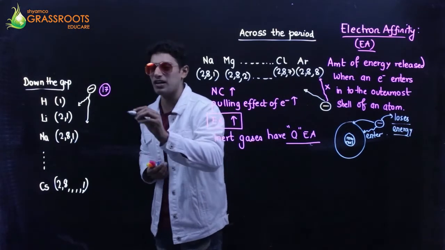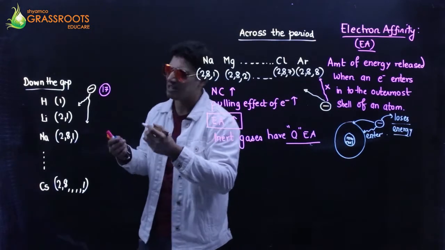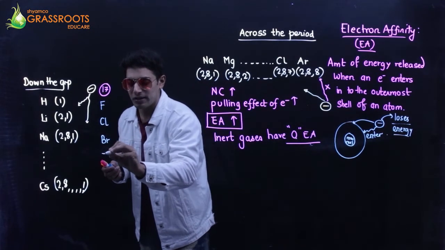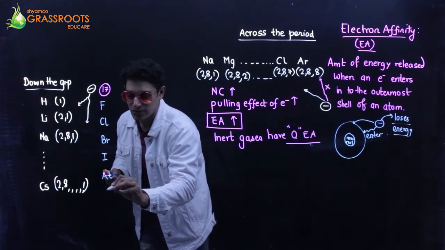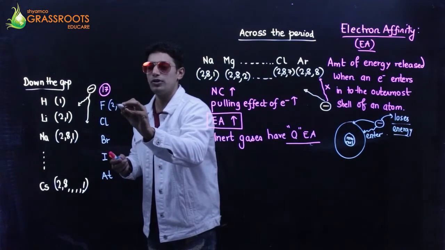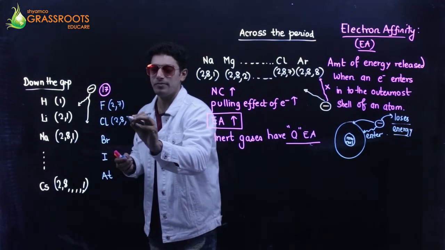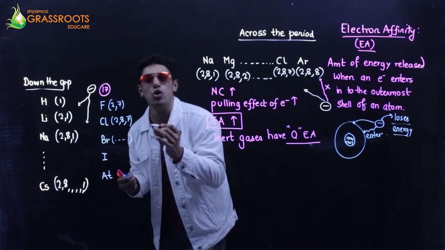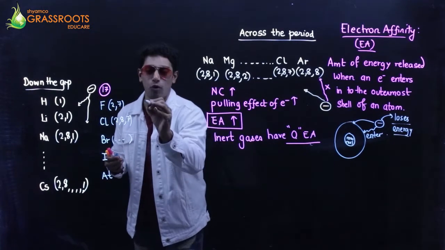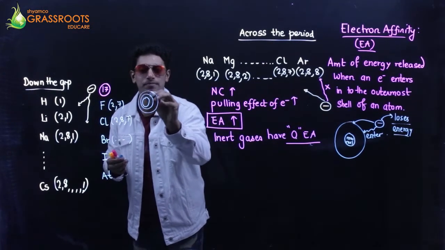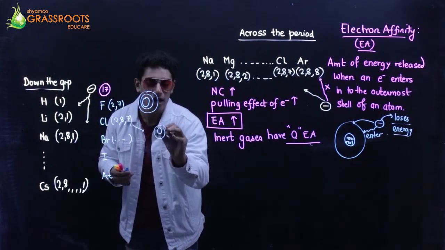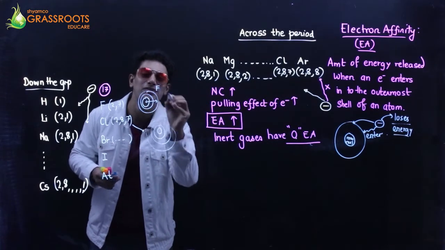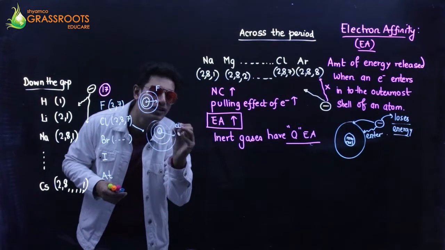So we have halogens, starting from hydrogen, which may be a part of that group, not always. We start from fluorine, chlorine, bromine, iodine, astatine, and so on. Tell me one thing: who is closer to the mother nucleus? Obviously fluorine, it has only 2 shells. Chlorine has 3 shells, 1, 2 and 3. So the atomic radius of fluorine is small, the atomic radius of chlorine is big.